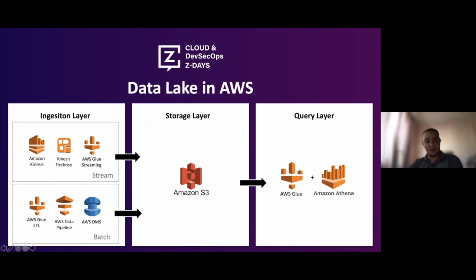And if you have unstructured data that you want to access, you would build some Spark jobs and maybe MapReduce jobs and host them on EMR. Then